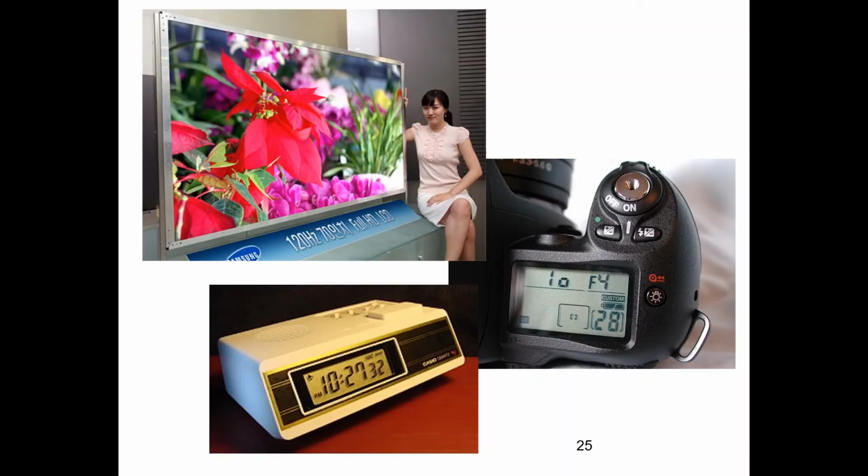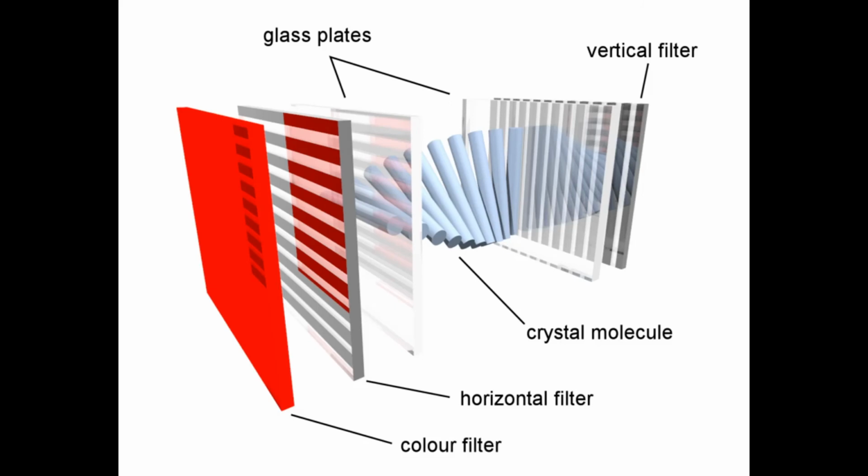Polarizing filters are an important component of LCD or liquid crystal displays. And you've probably seen these on different devices. Liquid crystals are sandwiched between two polarizing filters. The polarizing filters are the ones with the bars on them. Notice that in the front, the bars are going horizontal. In the back, the bars are going vertically. So they would not allow light to go through them,